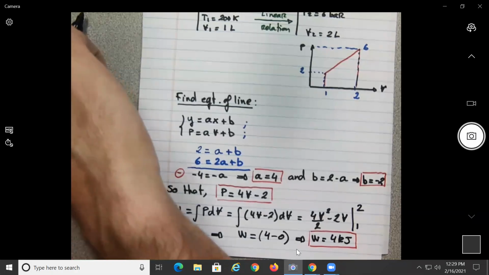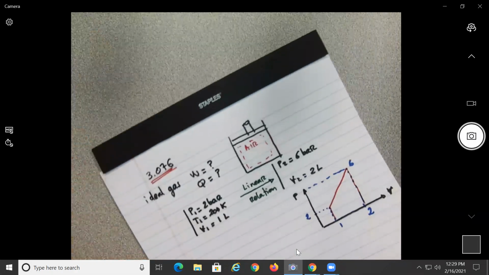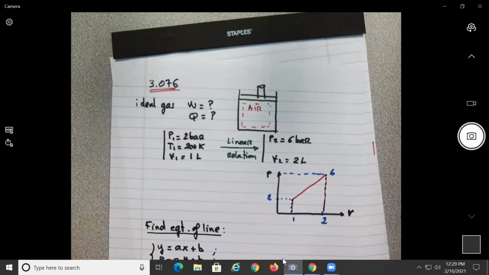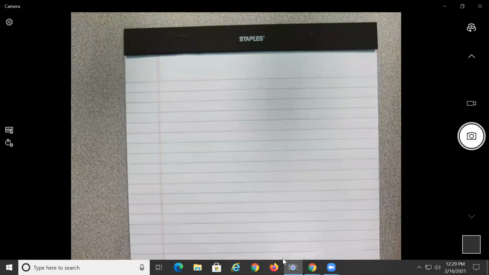So now maybe I see what could be the problem on part B. So I should be on page, let's see, 45, 46. Okay, so I see what the problem is in part B. Part B can be maybe a little bit tricky. I don't know how you have done it, but